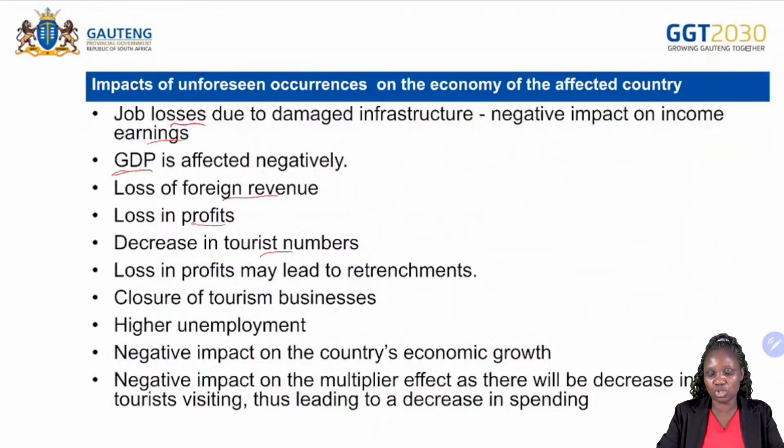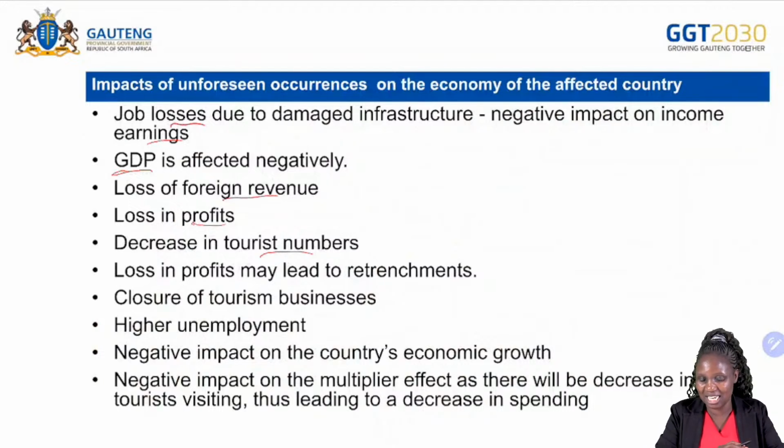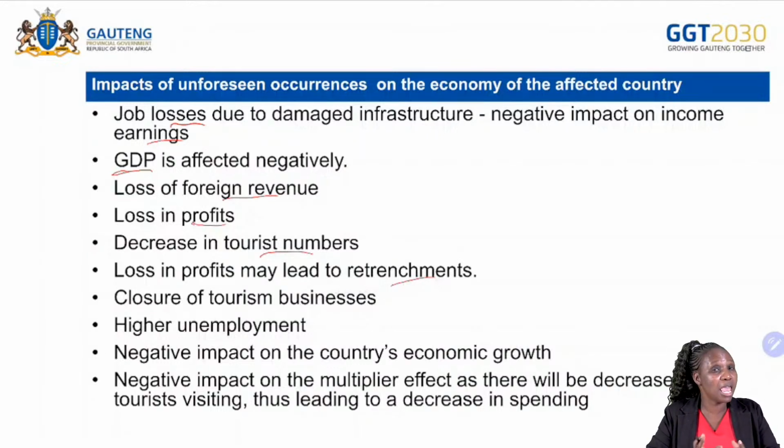And then decrease in tourist numbers. If there is an unforeseen occurrence or a political situation, the tourists will be scared away. They will not visit such an area. Therefore, there will be a decrease in tourist numbers. And then loss in profits may lead to retrenchments. If there is loss in profits, then the tourism industry will start retrenching its workers because it won't be able